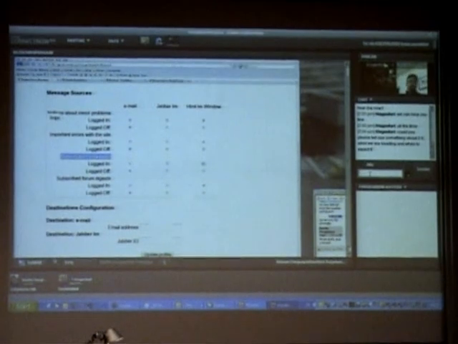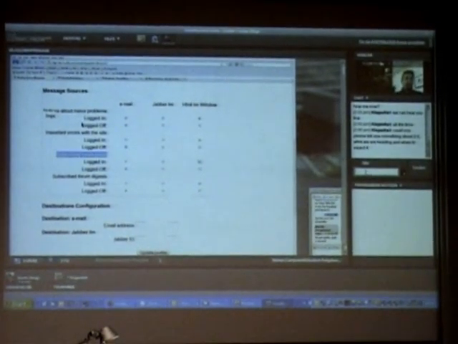Some of the other projects that are happening at the moment, we're looking very